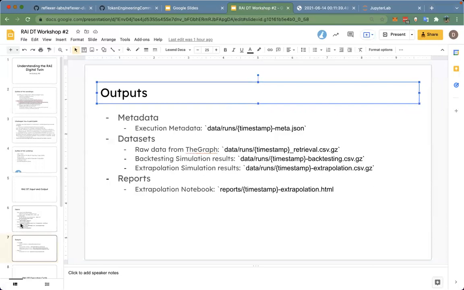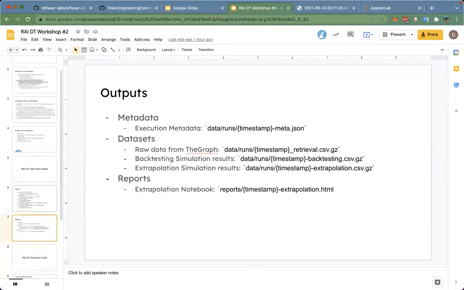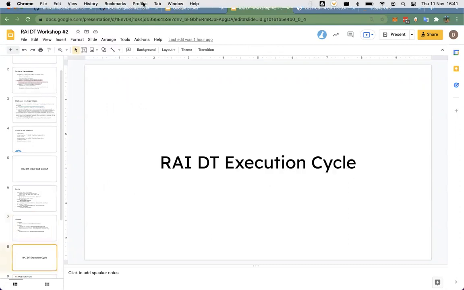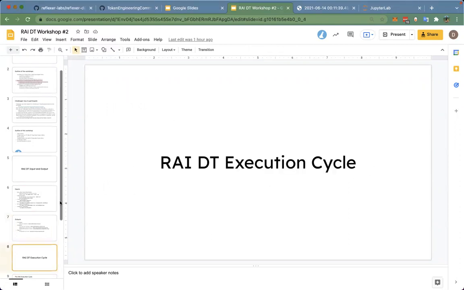And yeah, that's it, let's say, for the outputs. I mean, you guys already know what the report looks like, how the data looks like, and also where you could intervene to change the input. If you guys want, we can have a quick question, because if not, I'm going to move to the execution cycle to really see the code and see how this input is consumed and how this output is generated. So yeah, we have time for one question.